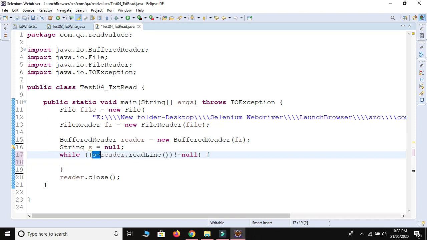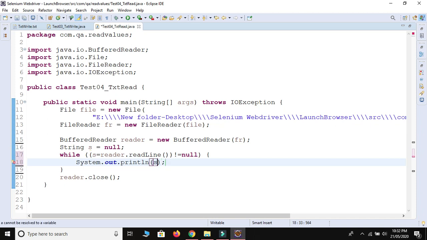So s contains this value null. Then if the condition is satisfied, it will come inside this loop and print our data. So we use System.out.println and we provide s. Control Shift F and Control Save.